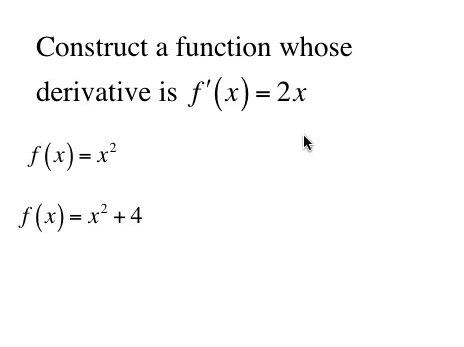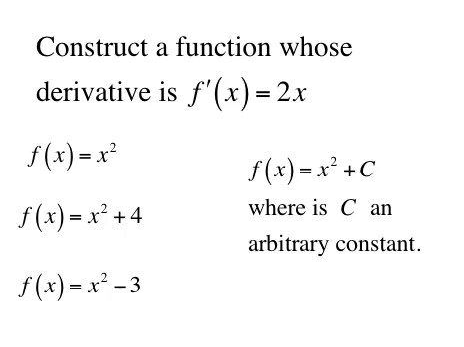Certainly not. We could say x squared plus 4. The derivative of x squared is 2x. The derivative of 4 is 0. So x squared plus 4 would work. We could say x squared minus 3. Again, the derivative of x squared is 2x. The derivative of minus 3 is 0. So you recognize there's an entire group of functions whose derivative is 2x. It's anything of the form x squared plus some constant. So the general form we say is f of x is x squared plus c, where c is an arbitrary